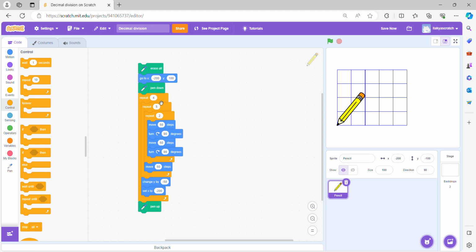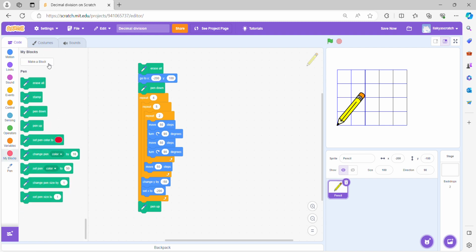So to make a grid, we need XY coordinates for where to start, and we need the number of rows and number of columns, and we need whether it is a square or rectangle. For that we need length and breadth. So totally 6 inputs we need to make a grid. So now we are going to make a block that actually draws a grid from the 6 inputs. For that, go to My Blocks and click on Make a